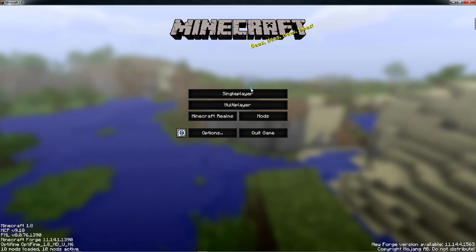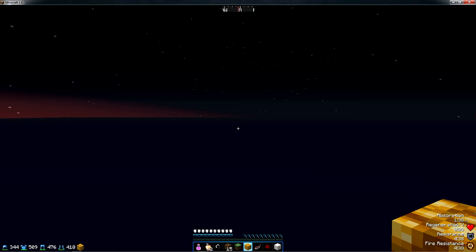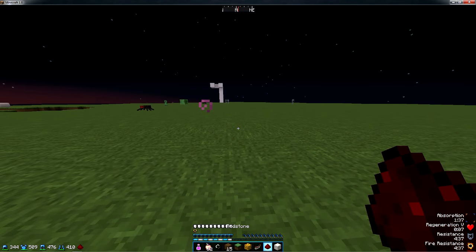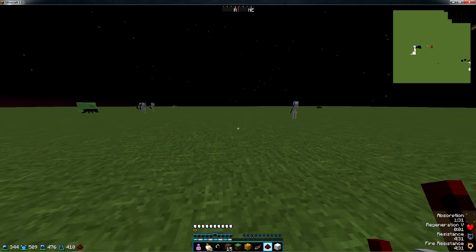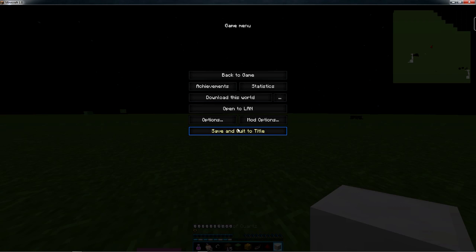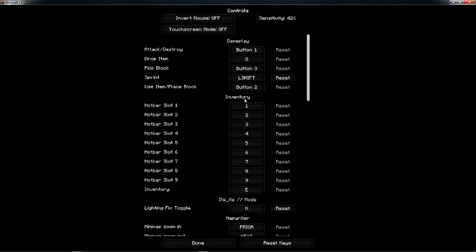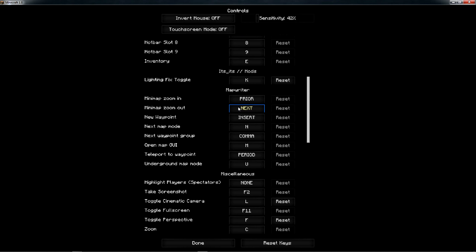So let's get right into the last mod. Maybe last, I don't know. I gotta check what I have left. If we hit N, it'll toggle our map, and your controls might be a little bit different because mine have been configured. So for Map Writer, we have zoom in, zoom out, and prior and next are Page Down and Page Up, which is above the up, down, left, and right arrow keys, if you guys didn't know that. But all we really need to know is the M and N.